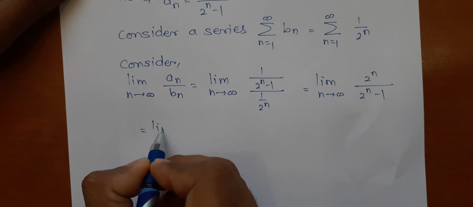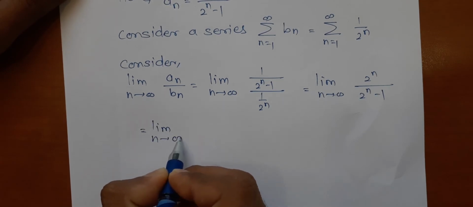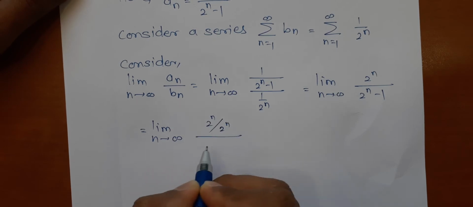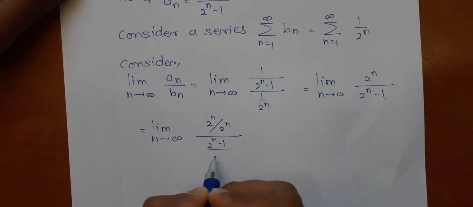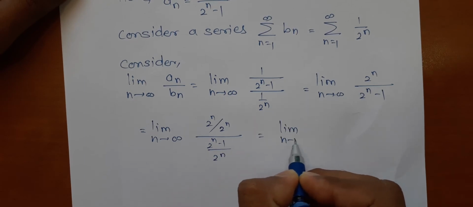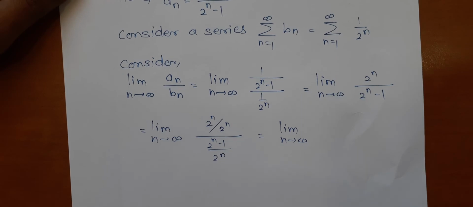Please help me to solve this problem. So I am dividing, what did I tell you? Dividing numerator and denominator by 2 raised to n. 2 raised to n minus 1 upon 2 raised to n. First of all I will copy the limit. 2 raised to n and 2 raised to n will get cancelled with each other.